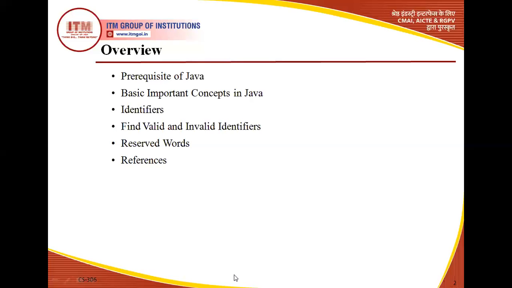One point I want to make clear here: in today's session we also don't have any programming. We just want to cover the major basic concepts that are very important before going for hands-on sessions.